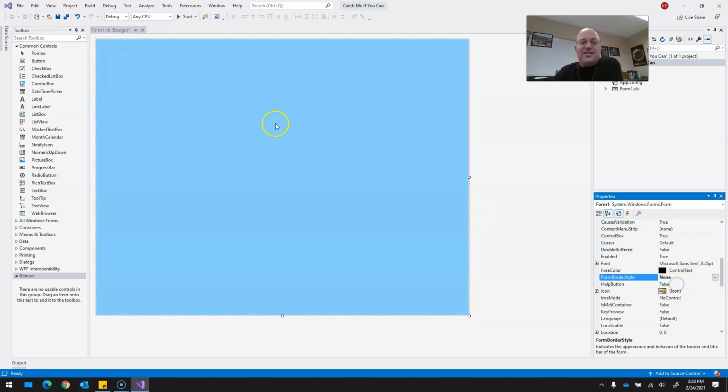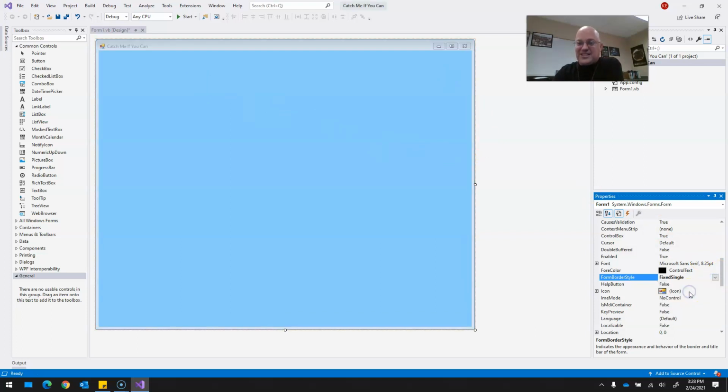If you go to none, I don't recommend that because now you've completely lost the ability to close the form. So none would be there's no border, no minimize, no maximize, nothing. Don't recommend that one. Other options, you have a fixed single. So this looks like that. Fixed 3D just makes it, for lack of a better word, puffed out a little more. 3D, I guess. A fixed dialog,